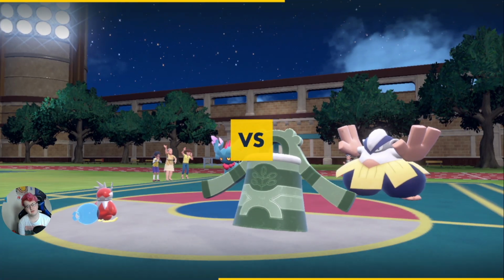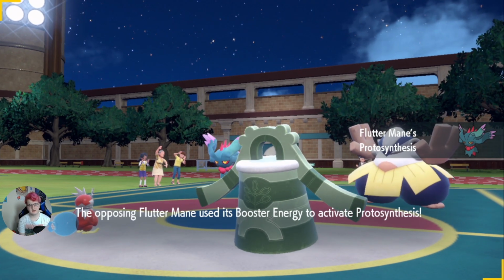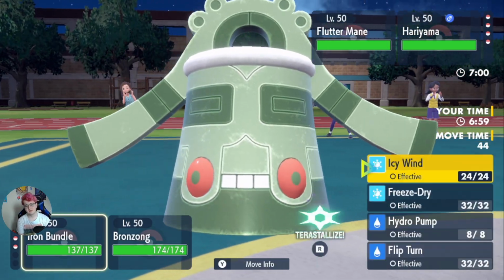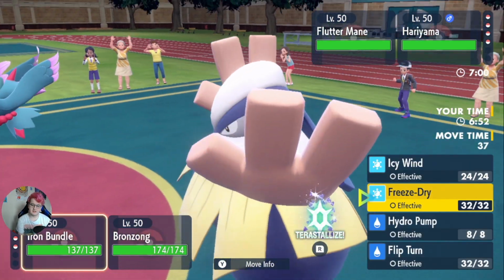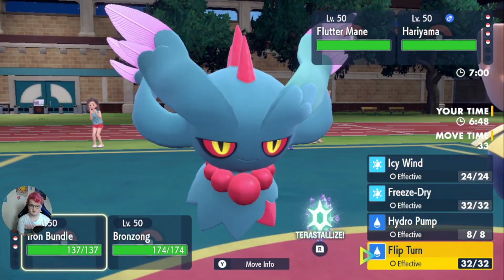Off the bat we can see a Fake Out. There is the Photosynthesis acting, which is going to give it a speed boost. So that is something that we did predict by going with that Icy Wind, going with a Choice Scarf variant. So it's a bit annoying what we're facing. We know it's not Focus Sash, so I might just go for...